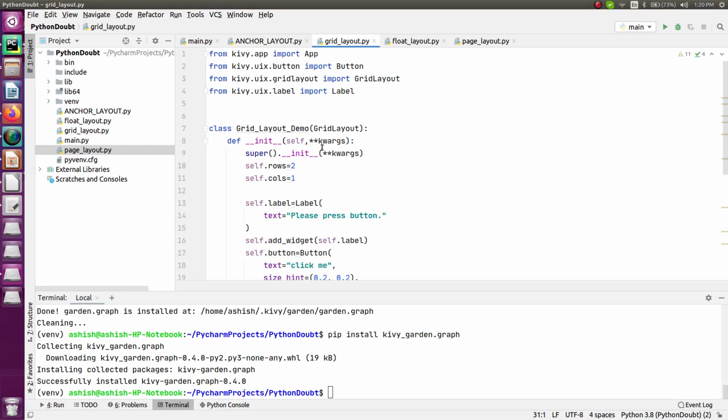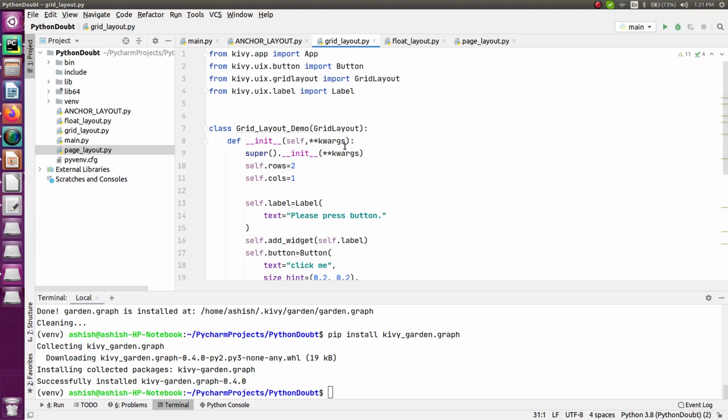In that I will be having 2-3 widgets. The first one will be a label widget, the second one will be a text widget, and the third one will be a button which I will be pressing, and accordingly when I press on that you will get a result. And what will that result be? Whatever text you enter over there, based on that you're going to get a result from the Google search.